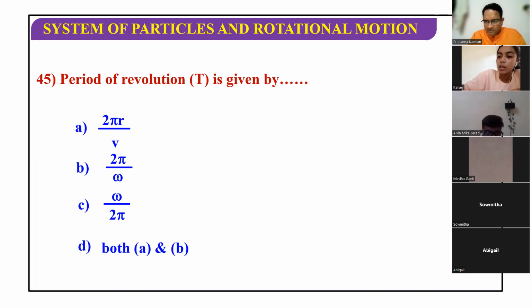2 pi by omega, sir. 2 pi by omega is correct, ma'am. Omega is equal to 2 pi by T. What is omega? Angular velocity. Angular velocity is nothing but angular displacement by time. So for completing one complete cycle or one complete circle, the angular displacement is,